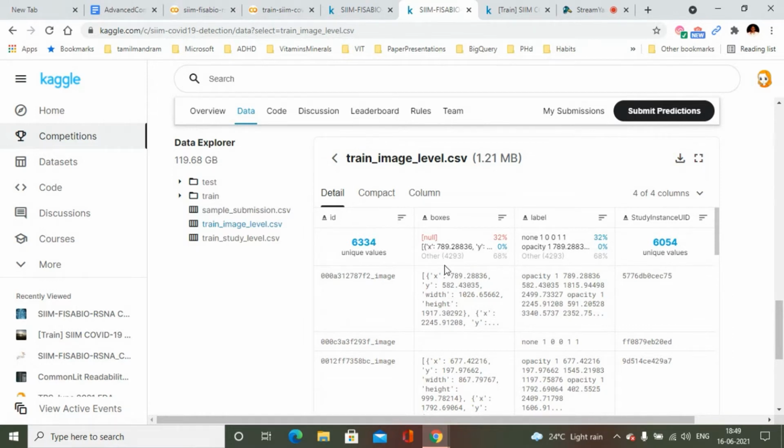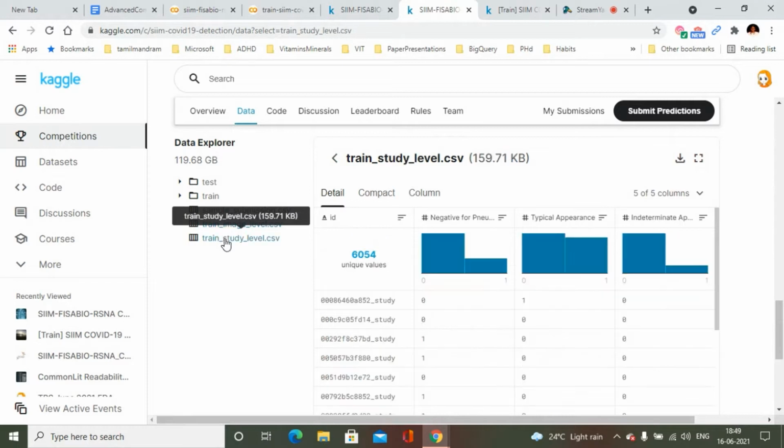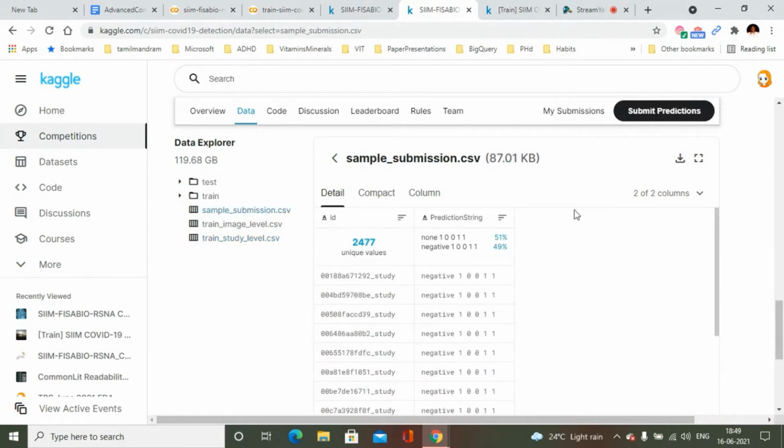At the study level, it's a classification problem, so the study level CSV has the details related to the classification part. You also have a sample submission showing how you have to make your prediction submission for this competition.